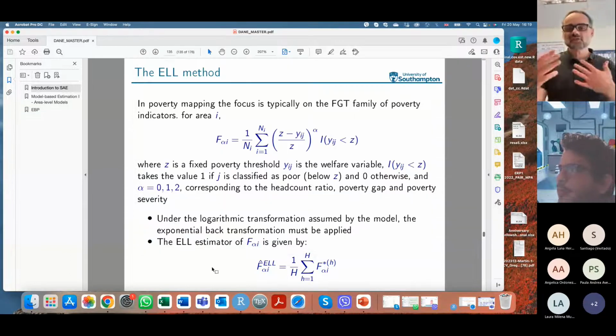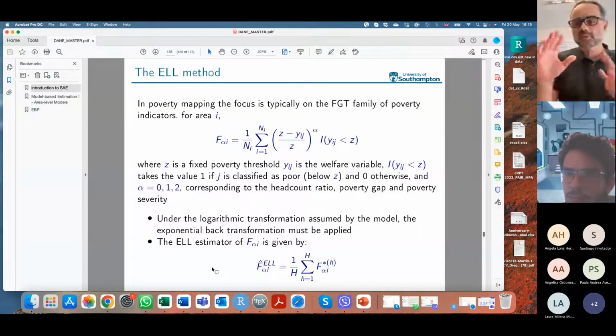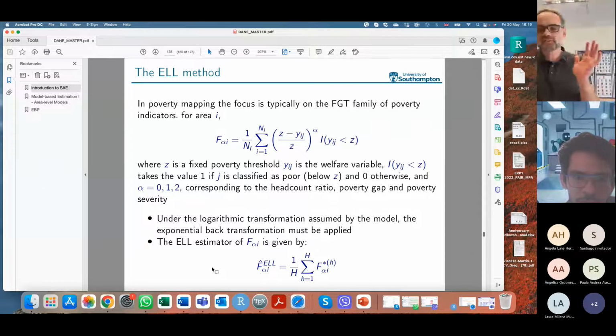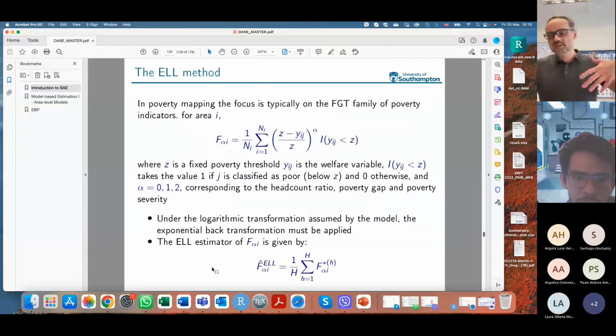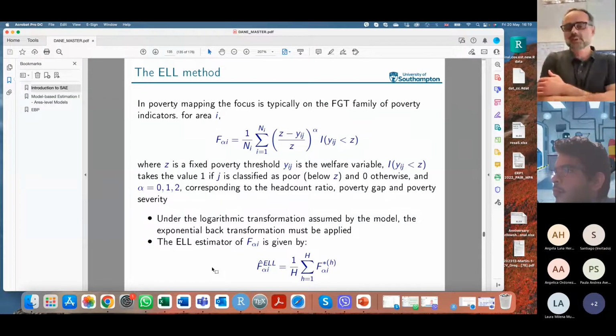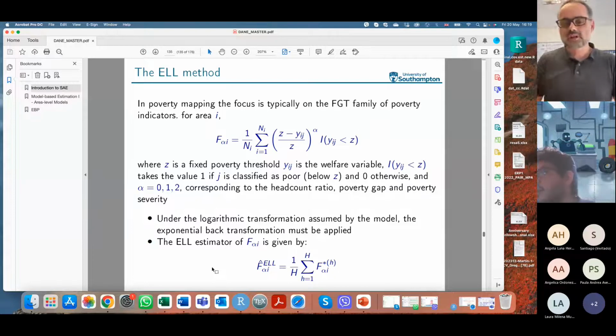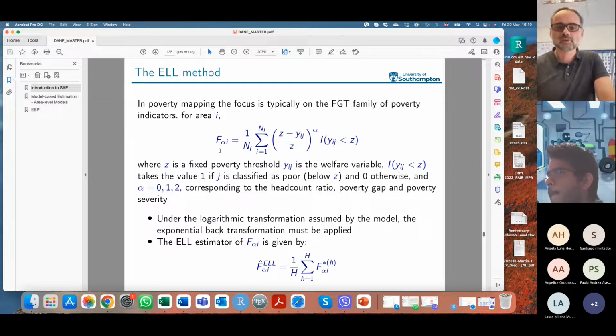Okay, let's look. So this is the ELL method in relation to poverty mapping. I mean, this doesn't quite add anything to what I have already said. It's just because I suspect that you might be interested in some poverty measure. The typical papers that you will read around the ELL method, they will define some poverty measure out of this,